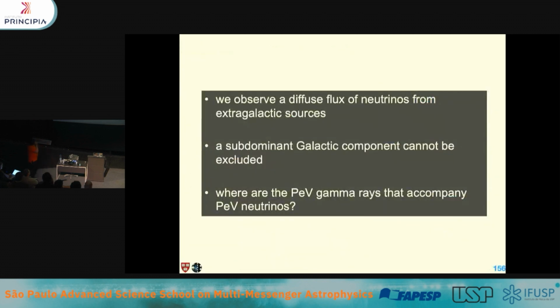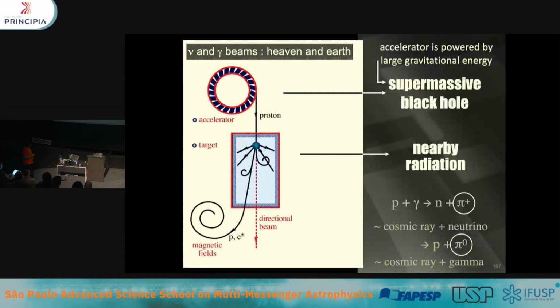So we are able to observe these diffuse neutrinos from extragalactic sources. I'm going to talk about the galactic component later today. But we are still looking for these correlated point-source sources. Okay, so I want to go back to this slide, which I showed in, I think, my first lecture,